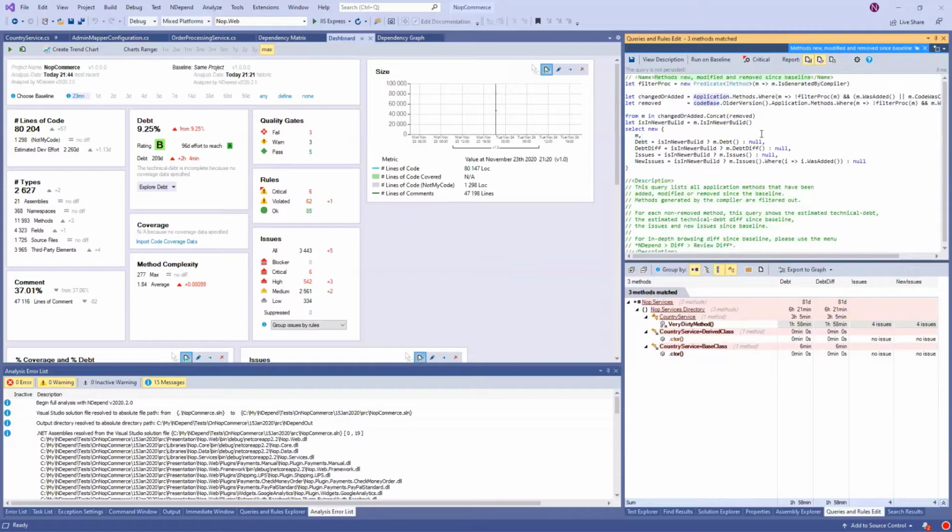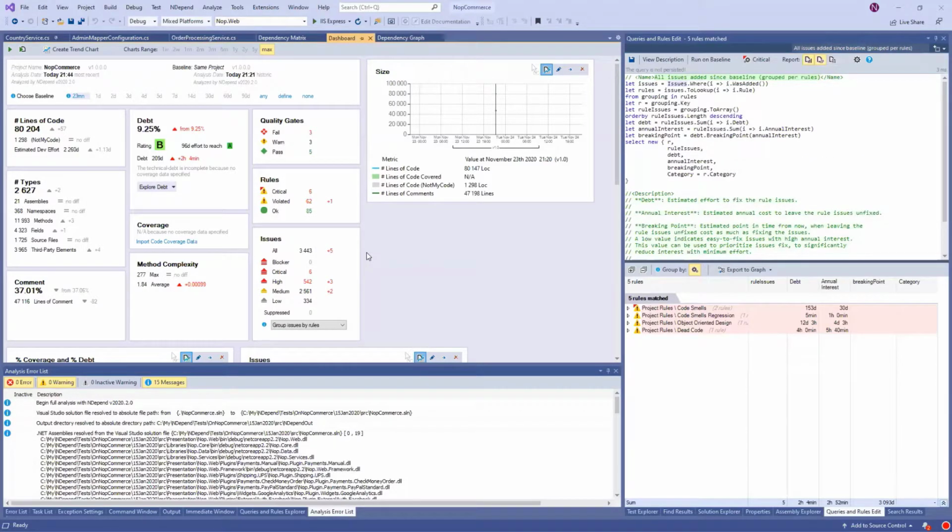So you see, very often the code queries are generated. The idea is not that you're going to learn the NDepend code model. The idea is that often it generates for you all this information. But what's very, very interesting, because we are in Visual Studio, is that we can focus on the code quality of the delta since baseline. So I had issues, you remember, I told you there are more than 3,000 issues. So there is a tsunami of issues, and nobody has the time to go through all this and fix everything.